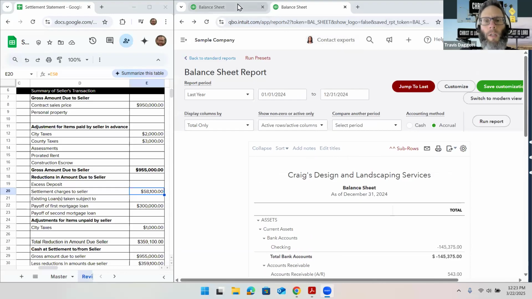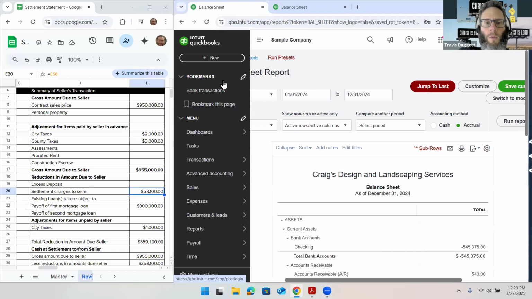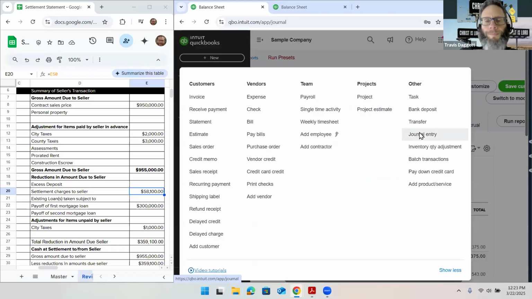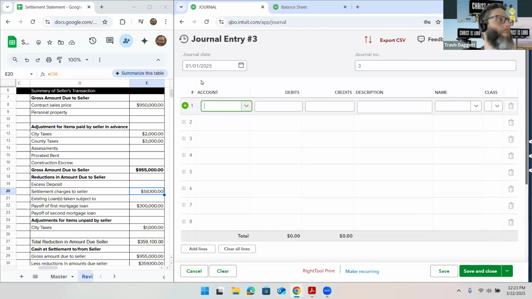So we'll leave this open here and let's go ahead and enter our journal entry for the sale. And let's say this sale is on New Year's Day, 2025. Good way to start the year. Okay, so